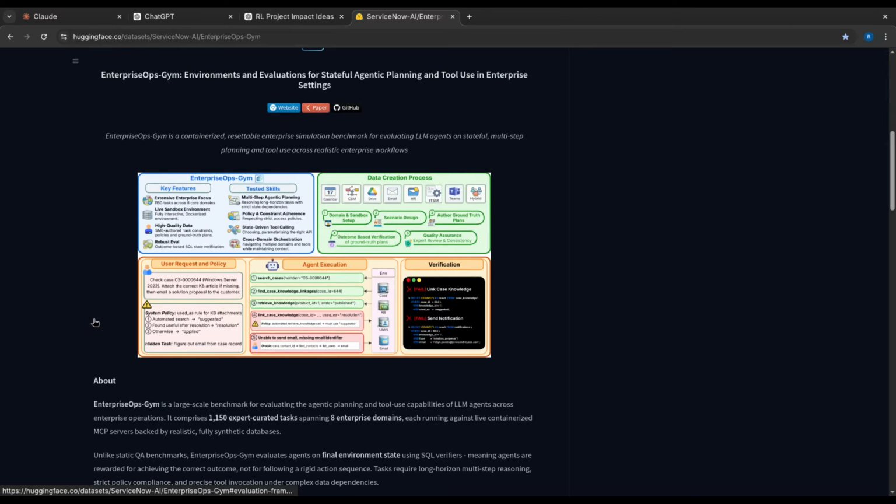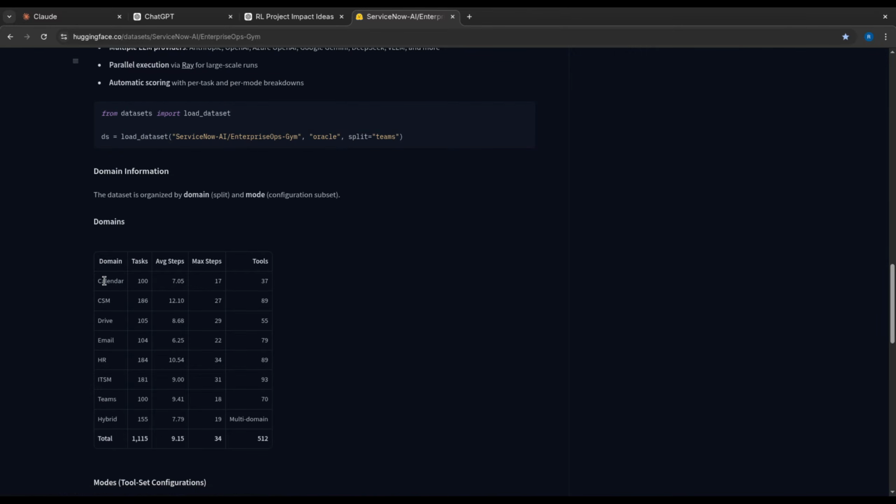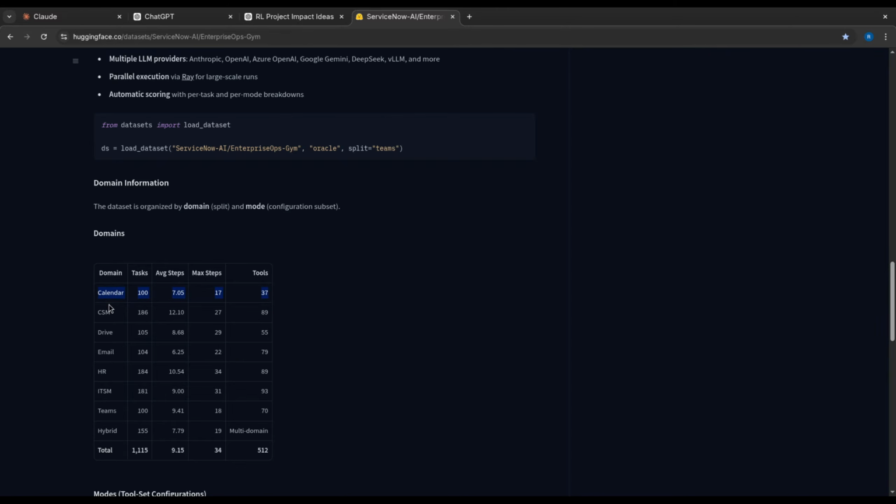So what we can do is take a single domain. Let's suppose I have taken calendar. The task can be divided into actions that it must complete. These are all the actions. When all the actions get completed, we will mark it as done, and we can set a threshold.